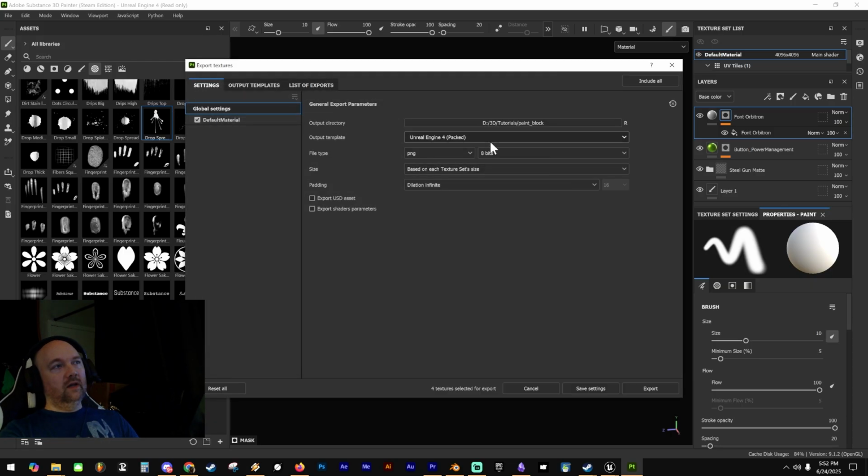And then what you want to do is choose output template Unreal Engine 4 pack. I use 5.6. It just says Unreal Engine 4. It's just the standard. It's not what you think it is. It's basically a coding system to say this is the process that Unreal likes to use for its textures. So you want to make sure you choose Unreal Engine 4 pack, and then we can change the texture